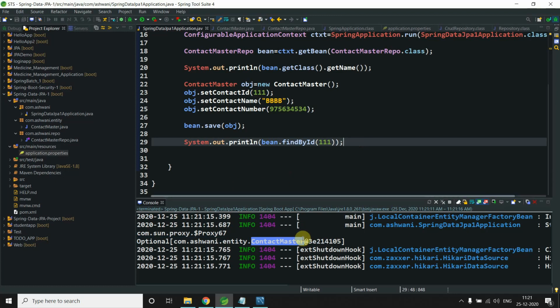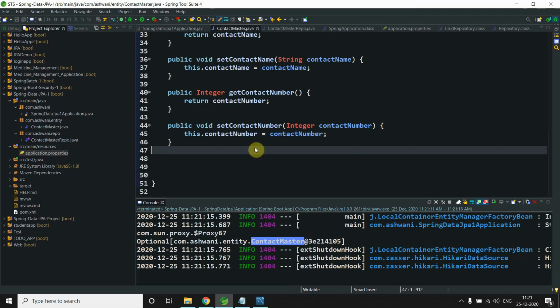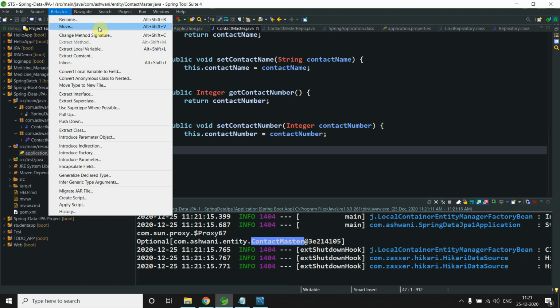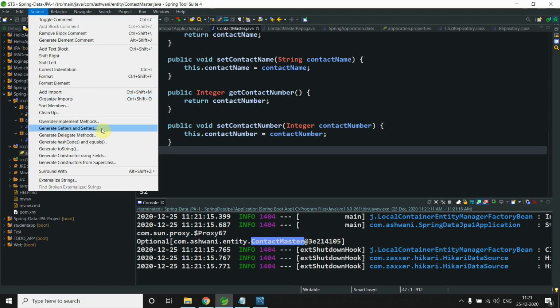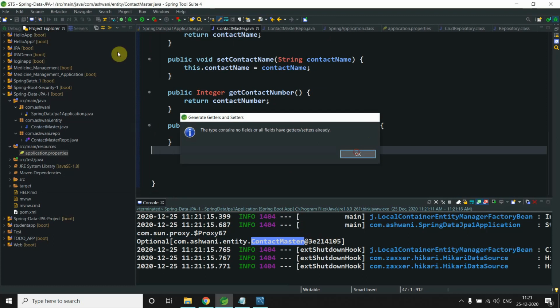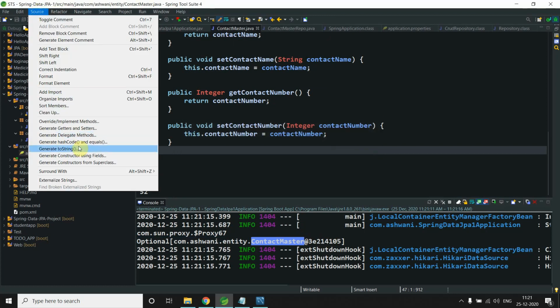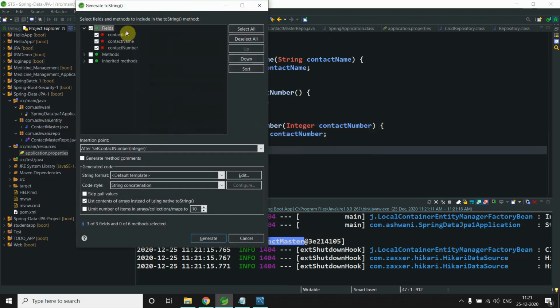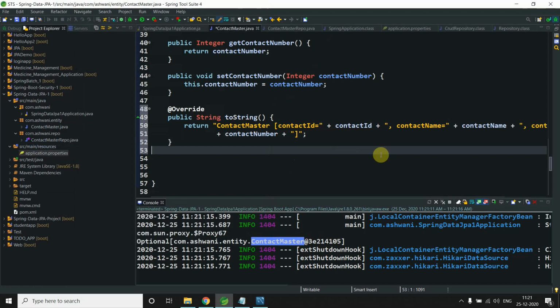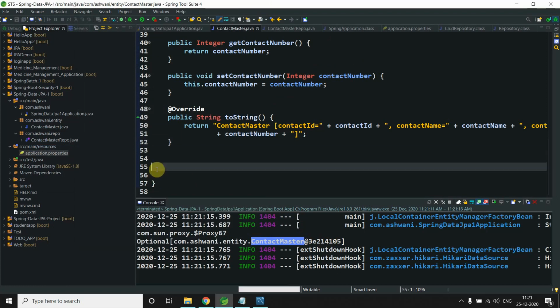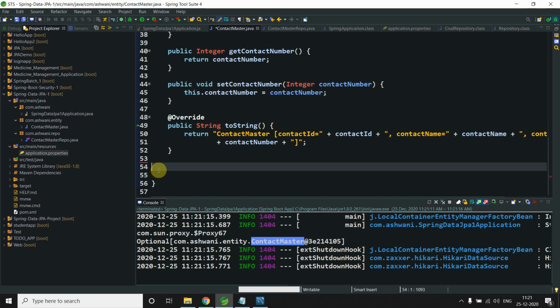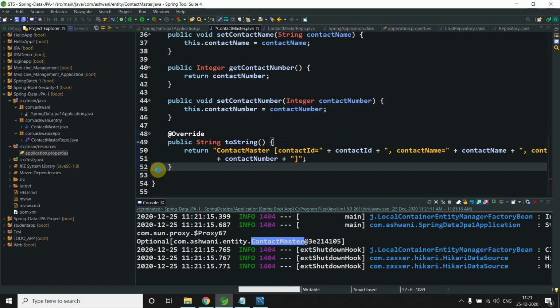So for retrieving the data in a proper manner, what we have to do is go to ContactMaster, our entity, and we will say Source, and in Source, sorry, not getter, the toString method we have to implement. Okay, toString, all fields generate. Why am I doing this toString method? Because the Object class toString method uses the hashCode method inside, and that helps to print like this.